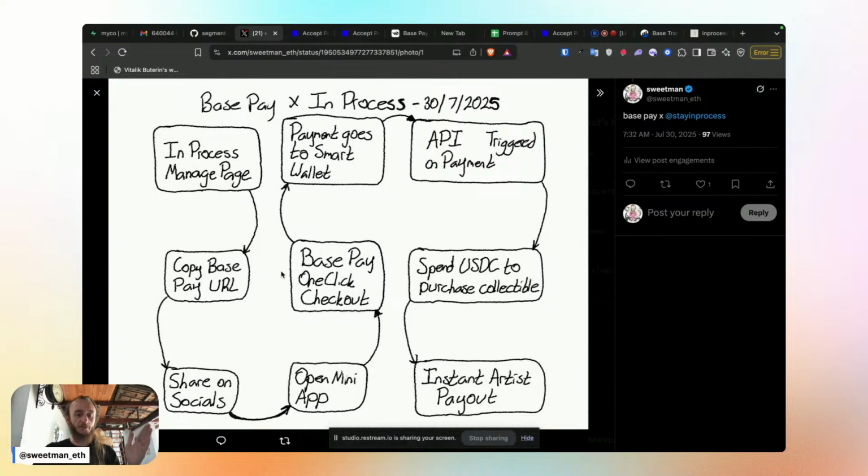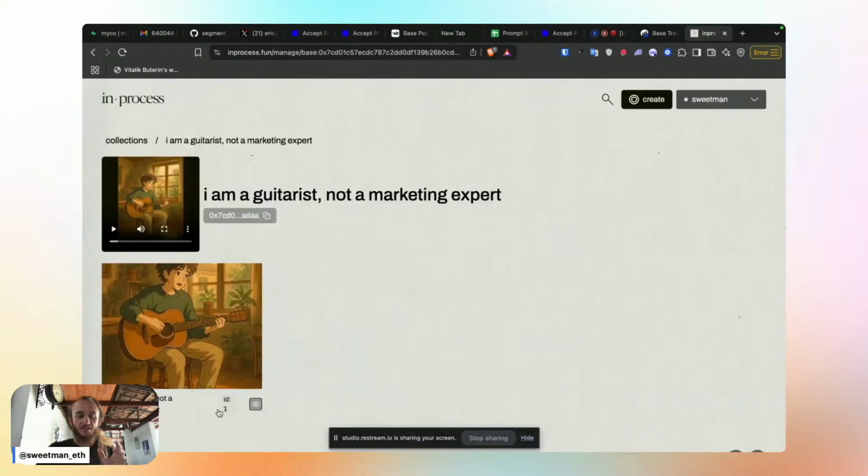And so from the collector's perspective, they find your mini app, they open up the mini app, one click, open up Base Pay, and then they pay with Base Pay. From the artist side, the artist uploads their art on In Process like they always do. They go onto their manage page, and instead of just sharing the link of the main page, you're going to